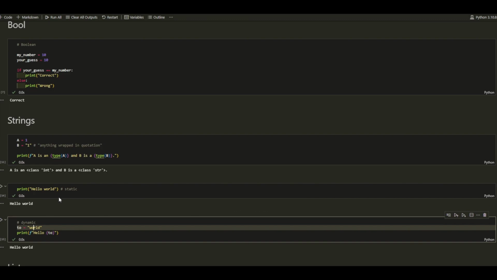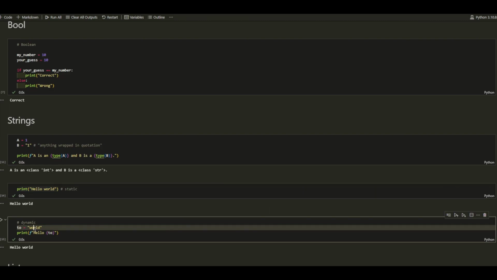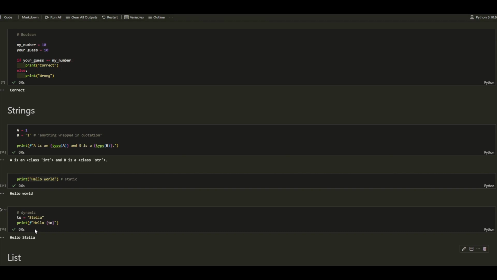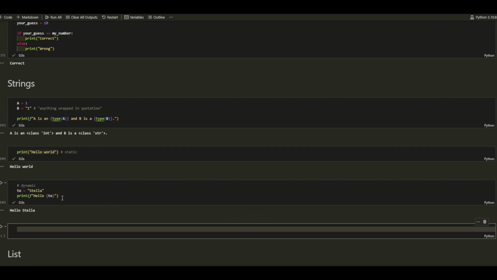Now what's nice is instead of deleting the entire print statement just to retype who you want to say hello to, all you have to do is change this variable. Let's assign it to Stella because that's the dog behind me. And now print hello Stella. Yeah, so that's the difference between static and dynamic